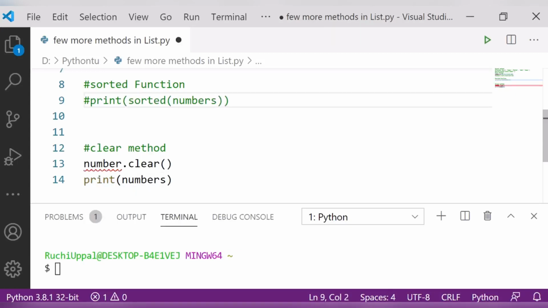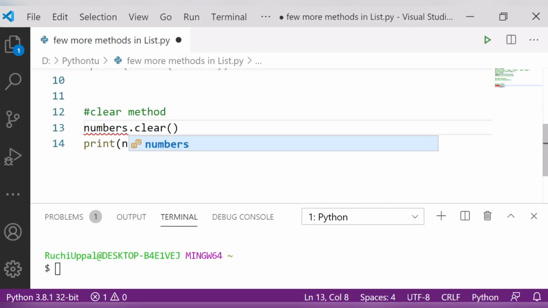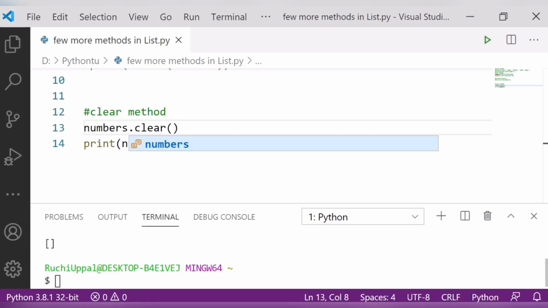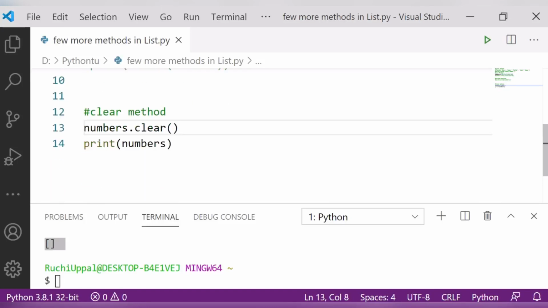List is numbers. Okay, let's run. Now you can see it is showing me the empty list because I have cleared this numbers list. Now I do not have anything over here. So this is how I can use the clear method in a list.